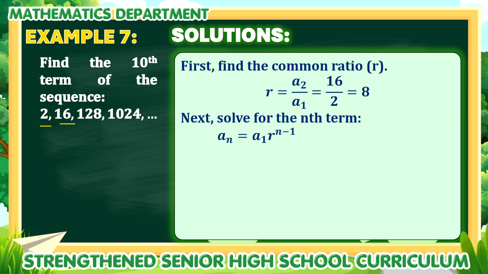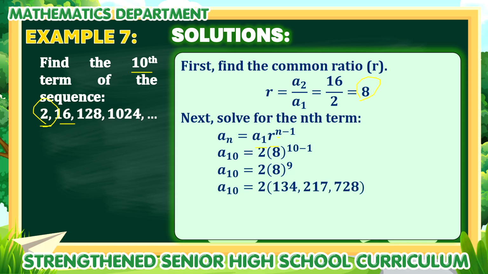Now, for our a sub 1, that is our first term, and that is 2. For our r, based on our computation, that is 8. And for the value of n, since we're looking for the 10th term, that would be 10. So substituting those values, we have a sub 10 is equal to 2 times 8 raised to 10 minus 1. And 10 minus 1, of course, that's 9. 8 raised to 9, that is equivalent to